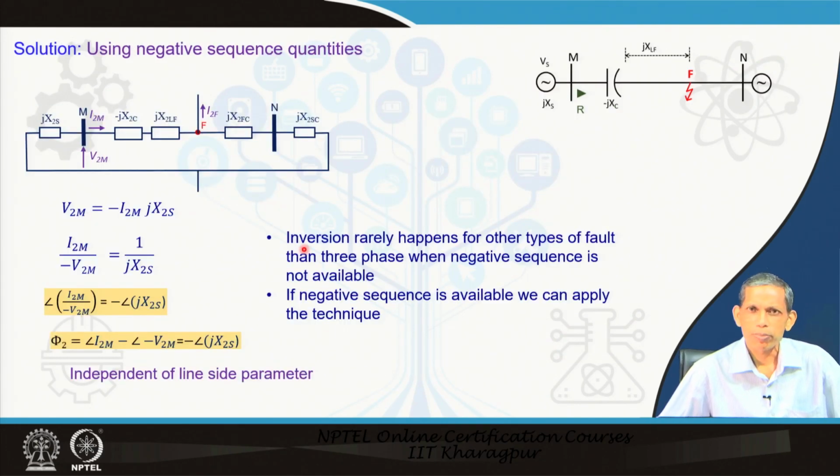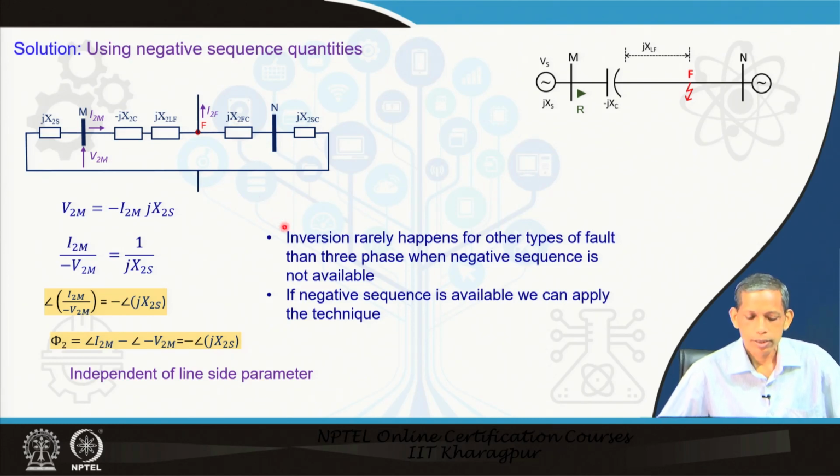Now, think of the negative sequence approach, which we talk about in more detail in the directional element also. This is the negative sequence diagram, and we use V 2 m equals, similar to the superimposed component, minus I 2 m into j of x 2 s. Here also the phi 2 angle, that is angle of I 2 minus angle of minus V 2 m, equals angle of j of x 2 s, and this depends upon the source side impedance angle only. Therefore, this method is also not affected by the presence of the capacitor, which happens to be on the right side of the relay bus in this situation.